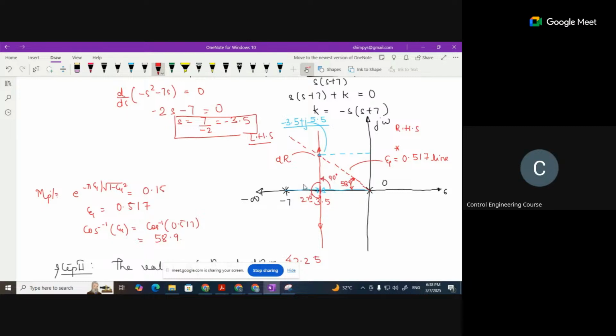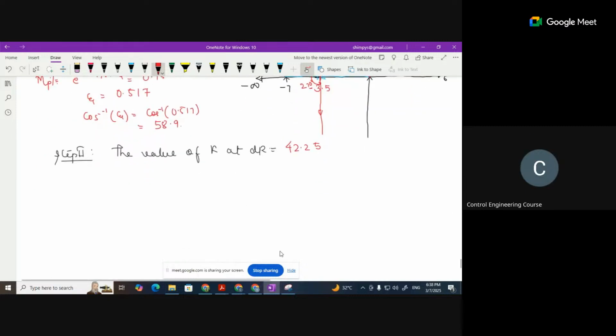And the branch is towards the left of your centroid, right? So you can take both, and root locus is always symmetrical about the real axis. You can take both, but for our analysis we are always considering the positive value, right? There's no problem in taking both. Now as we have taken this dr here, Gaurav was asking,